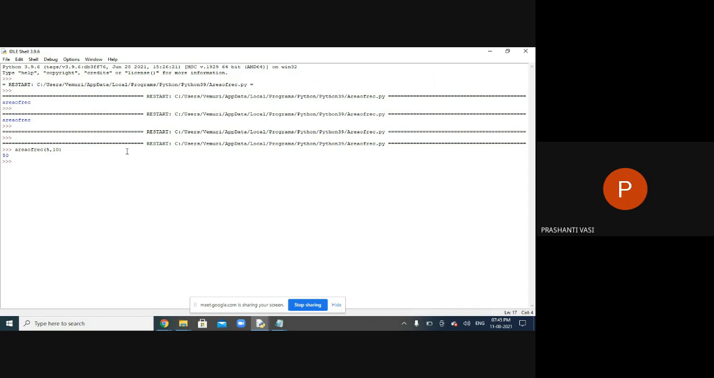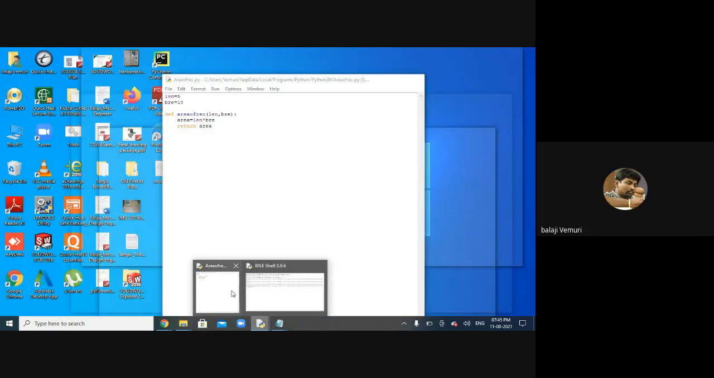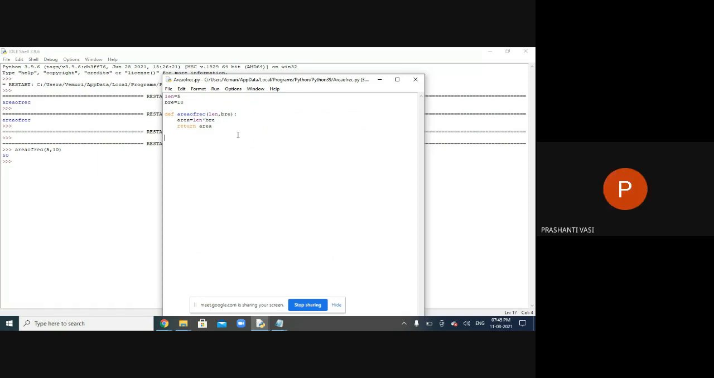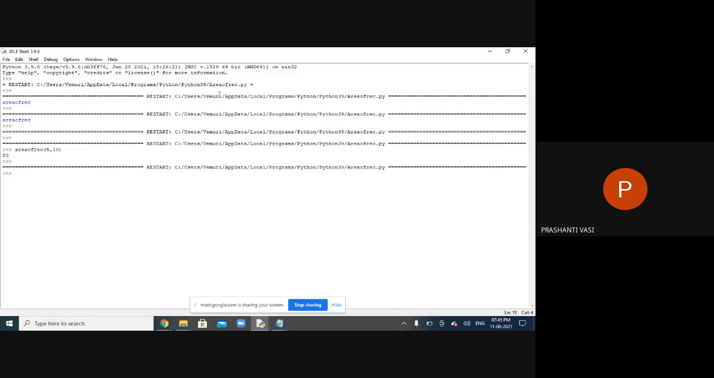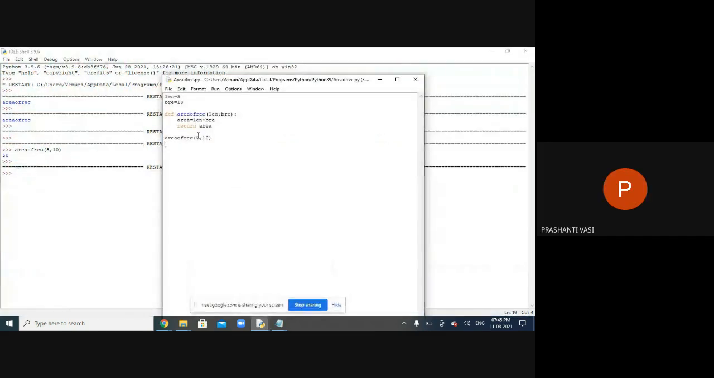Now go to the file and call the function below. Same thing you did on the shell. Area of rec without a space. Run the program and see, do we get any output or not with this? No output. Go to the file again. Print the area of rectangle. Print. Before that,